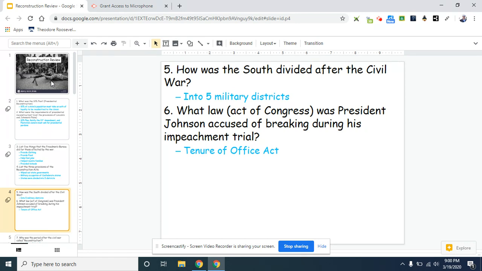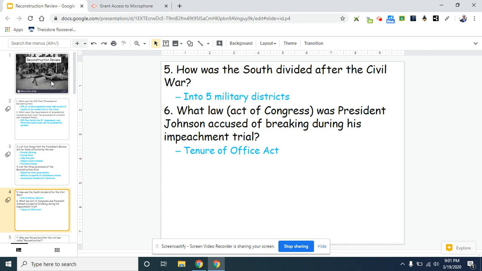Let's see. What law, act of Congress was President Johnson accused of breaking during his impeachment trial? Tenure of Office Act. Don't even get wrapped up around the axle about that one. That won't be a test question. Don't worry about it. It's not that important. But basically, his impeachment,